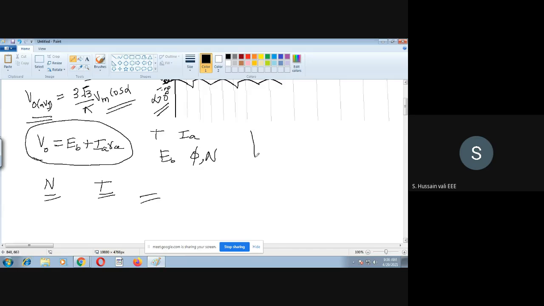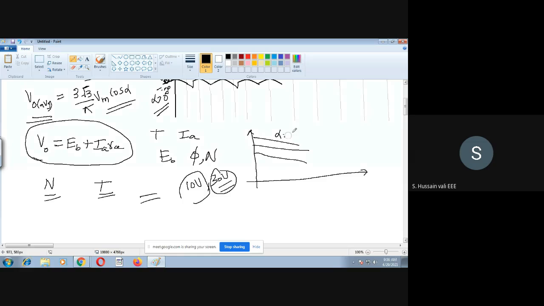Even though you don't know the speed-torque equations, I will simply say that it is the very same as single phase. What is the difference between a single phase converter and a three phase converter? The only difference is that the output voltage magnitude is different. If you have 10 volts in one case, you may get 30 volts in another. The remaining thing is the same. The motor equations do not change. Your job is to cross check whether these are correct or not, using the previous analysis. So this is speed and this is torque.